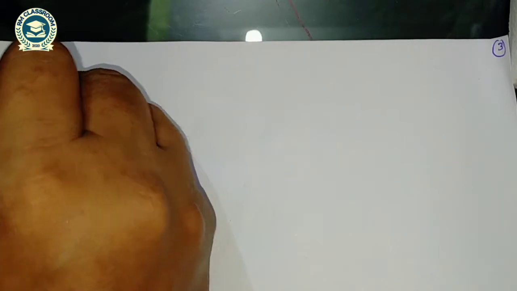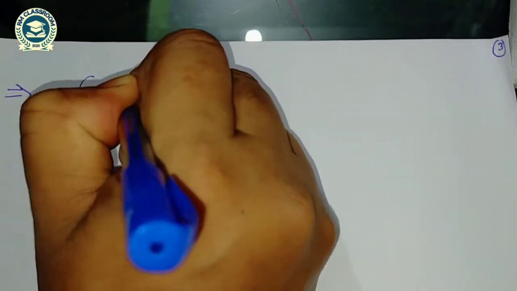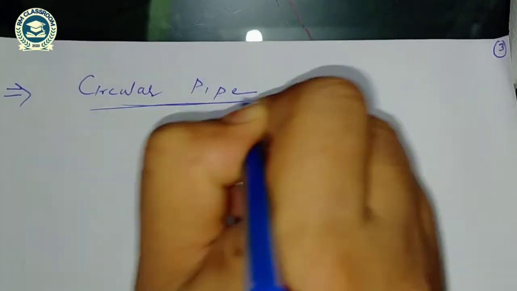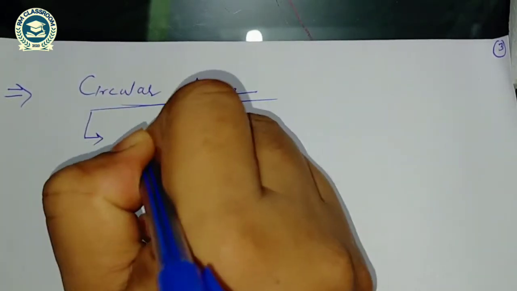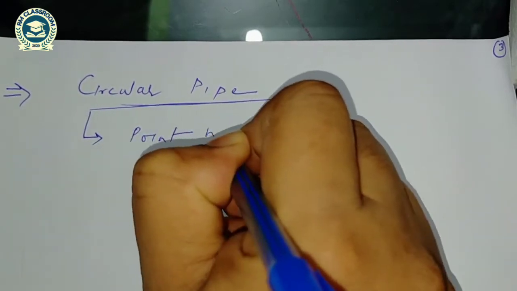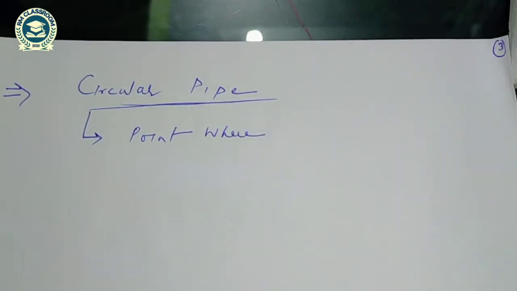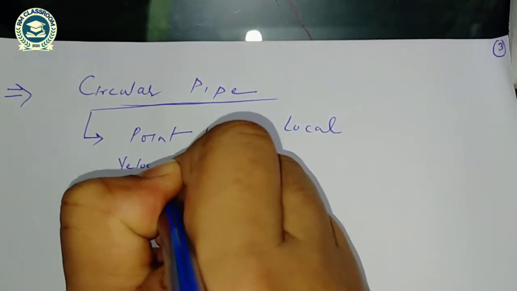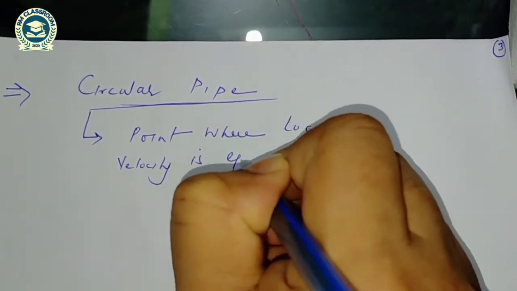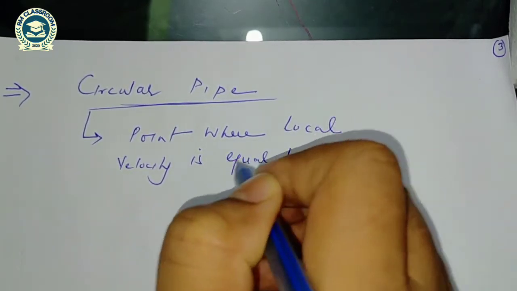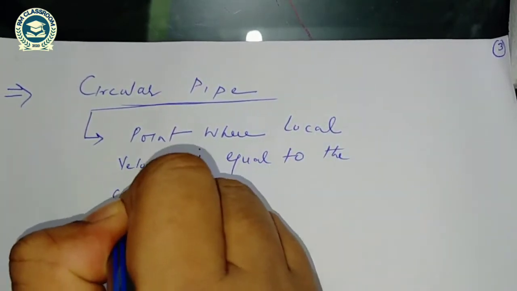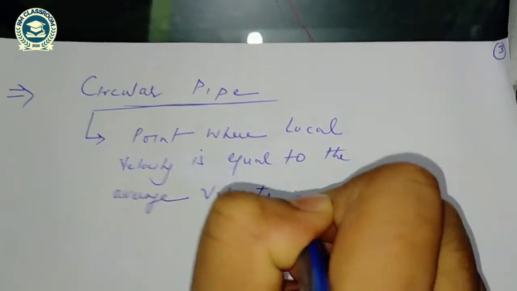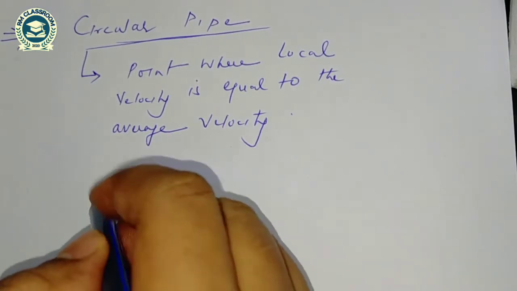So in case of circular pipe, I am interested in the point where local velocity is equal to the average velocity. So in case of circular pipes, we have seen